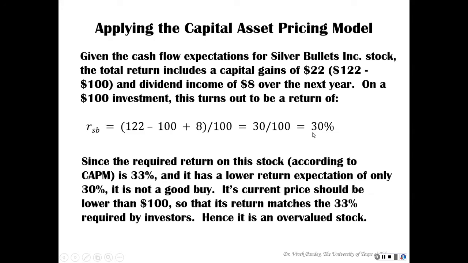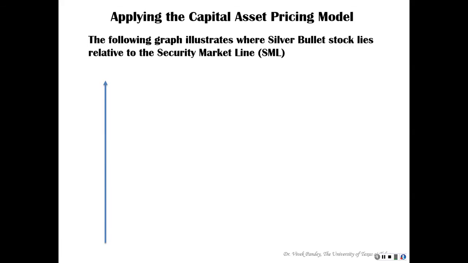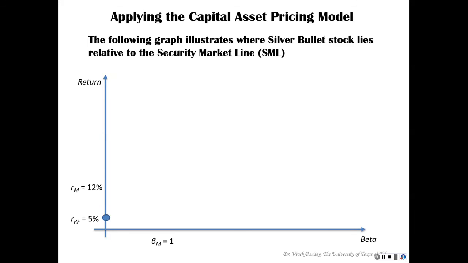So how can this get closer to 33%? Well, if we didn't have to pay 100, if we paid less than 100, suppose we paid 95, then we'll have larger capital gains, right? And smaller base, and we will have higher return. So basically, the stock's price at 100, it's too pricey. That stock is too pricey. It should be less than 100, so that we get in the end 33% return. And so here is the graph that charts it, and what we're saying is that for silver bullet stock,